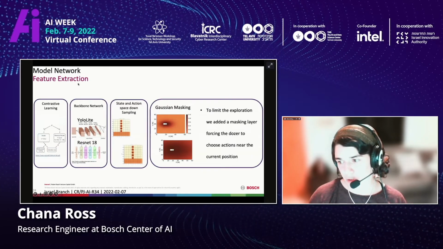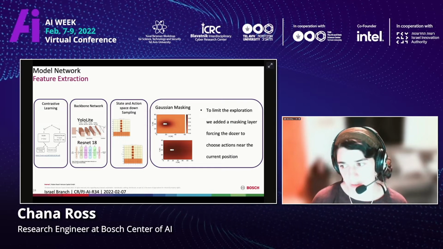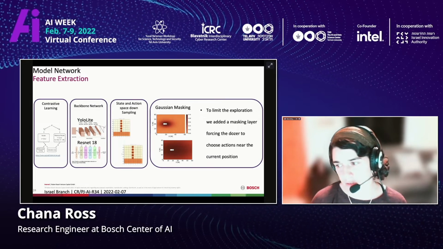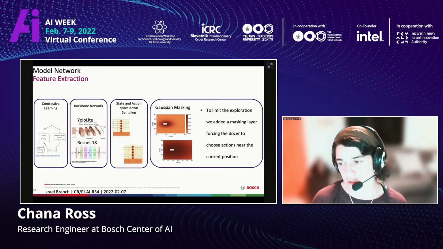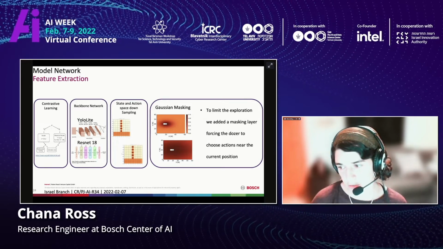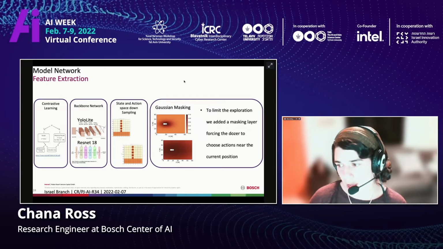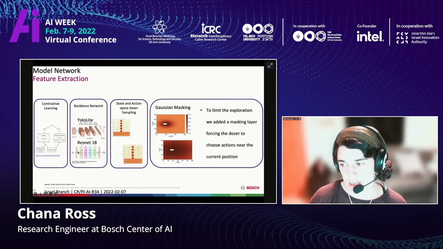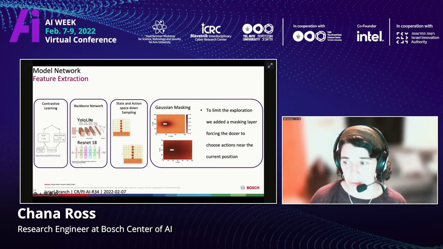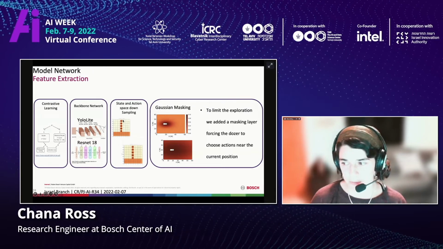So if we look at our feature extractor, in order to do feature extraction, we didn't want to use supervised learning because it's very hard to recognize what is a sand pile. And therefore, we used some different types of unsupervised learning. We used the contrastive learning methodology, where this part of the model is trained on different images, similar to different papers in the past. We also tested different backbone networks. So we tested YOLO Light and ResNet. And in the end, the interesting thing was that fully convolutional networks worked the best because they maintained the sand pile